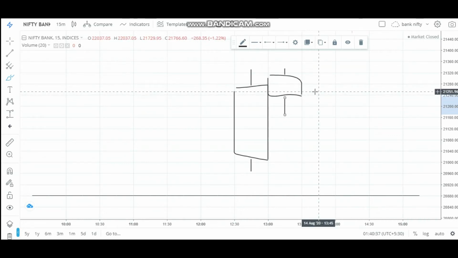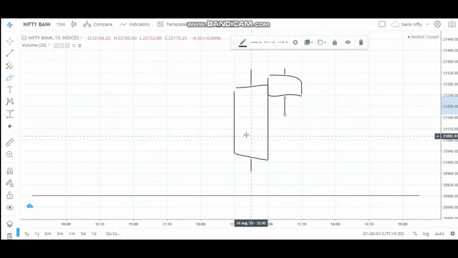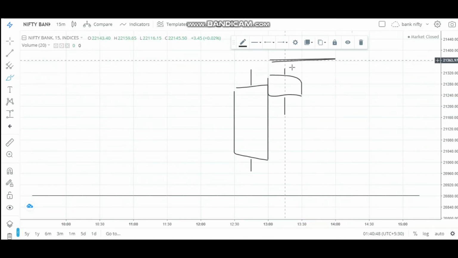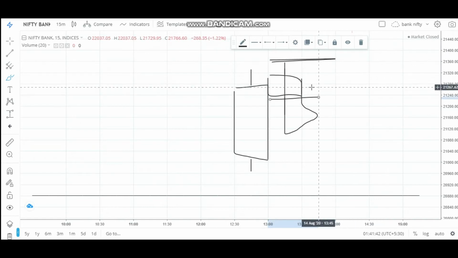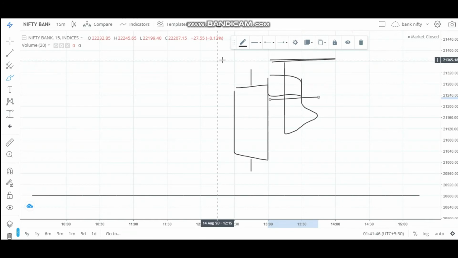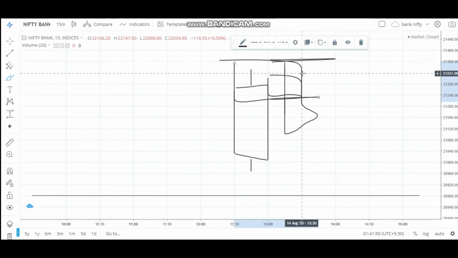So why does this candle form? Because people can do anything. When this green candle is forming, some people want to sell from here, so they start selling, but the market doesn't go that much lower and it halts at this position. This doji candle can be of any color, red or green, it doesn't matter. The only criteria is that it should be forming inside the bigger candle.